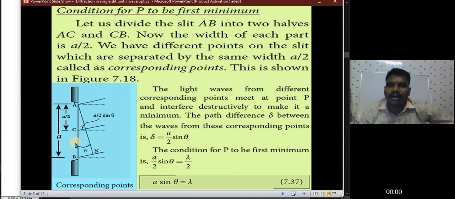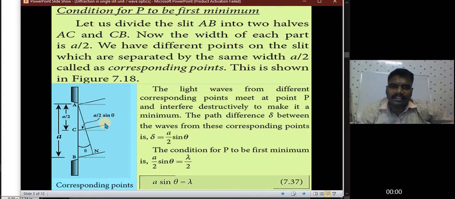So two parts are divided from the single slit. We have different points on the slit which are separated by the same width a by 2, called corresponding points. Please note it down, children. Points which are separated by the same width a by 2 are called corresponding points. This is shown in this figure. The light waves from different corresponding points meet at a point P